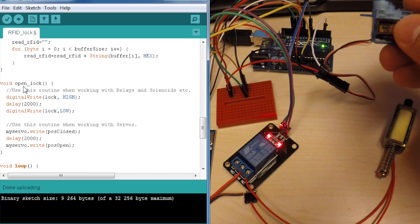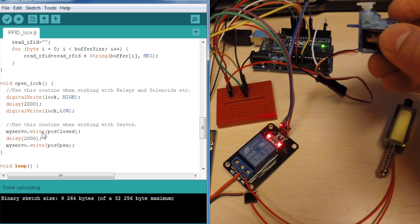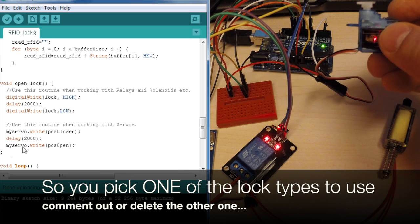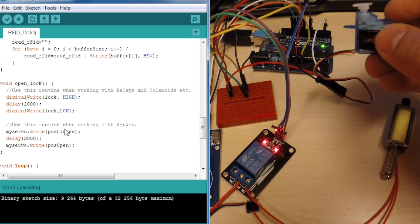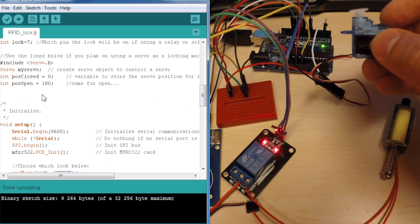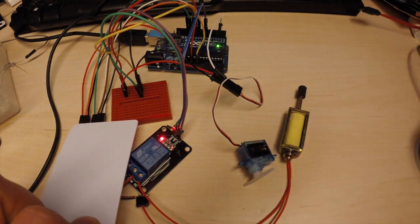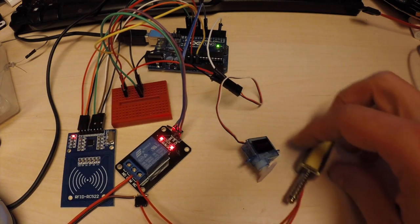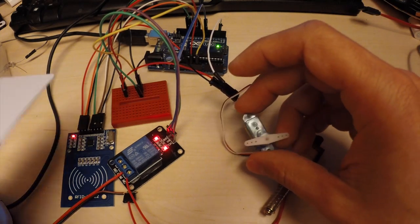And in the open lock function, in addition to the digital write, we also have a myServo write, position closed, and then wait for 2000 milliseconds, and then position open. And I realized that I placed these wrong. Anyway, so you just have two positions, 0 and 180 there. So when I take my card and touch, first it does this, waits 2 seconds and closes it again, and then it opens this one. So once again,